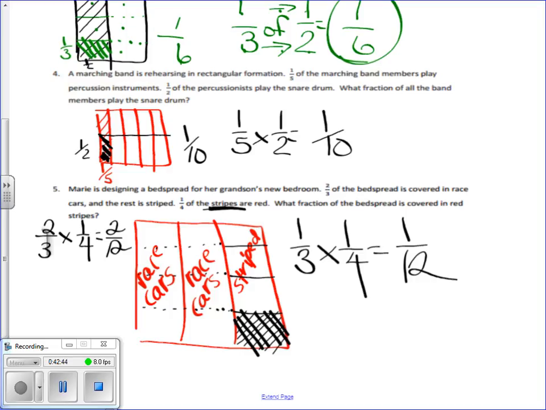He did number, multiply, pulling the race cars, the stripes, without really paying attention to what the problem was saying. You have to pay attention to what the problem is saying. This is talking about stripes. This is talking about race cars. And right here it says, the rest is stripes,